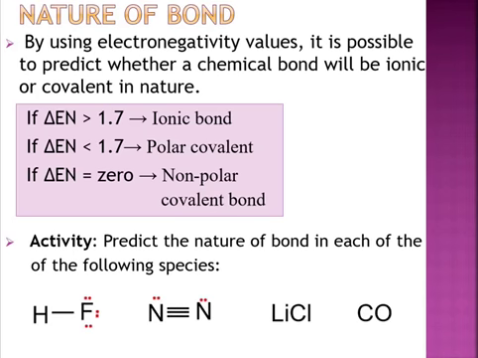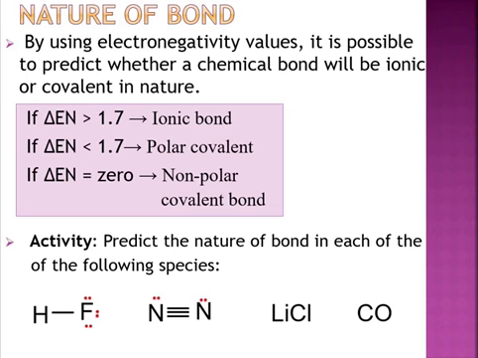In the first case, we have hydrogen fluoride. The electronegativity of hydrogen is 2.2 and that of fluorine is 4. So the difference is 1.8. What does it indicate? Is it an ionic bond? No, it is not an ionic bond. It is a covalent bond because the bond is formed between two non-metals. So it must be a covalent bond, but due to greater charge separation, it develops an ionic character. So it is a covalent bond with greater ionic character.